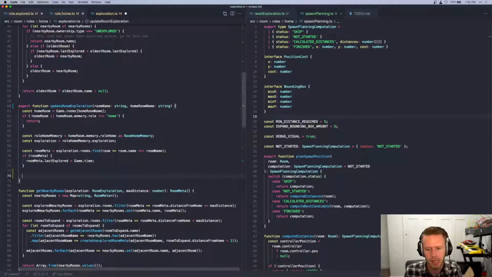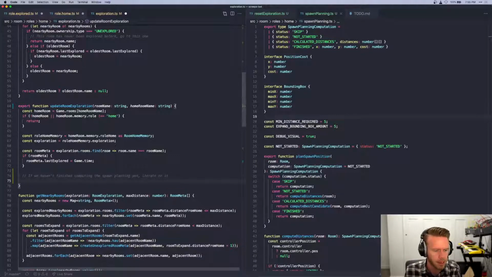And I think we need to say, let's see, if we haven't finished computing the spawn planning yet, then iterate on it, something like that. And then,